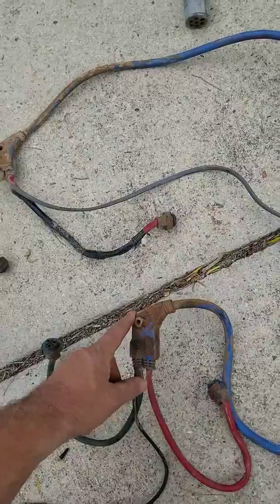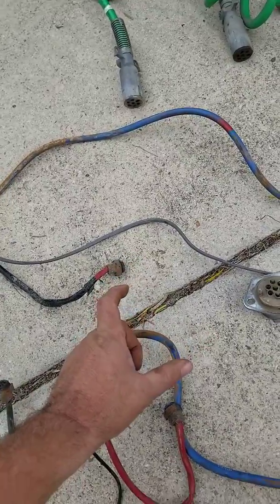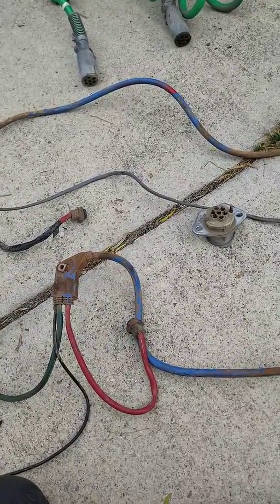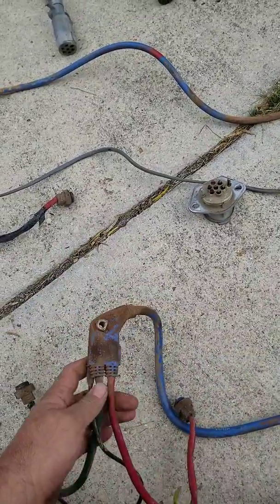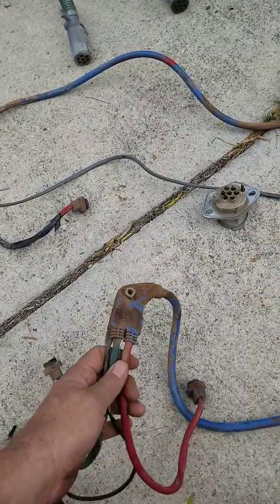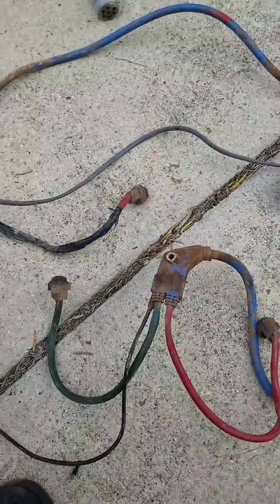And the way the trailer is engineered, the ground goes through the bumper, back through the main frame of the chassis, and it hits some metal bracing that goes out to the edges of the trailer and provides ground for the lights. So once we replaced this harness, we were able to stop the flickering of the lights. Now the other thing that was kind of interesting was the reason we were having